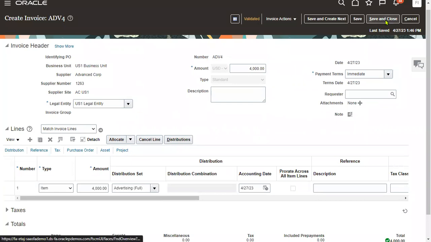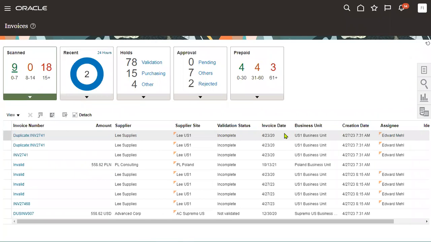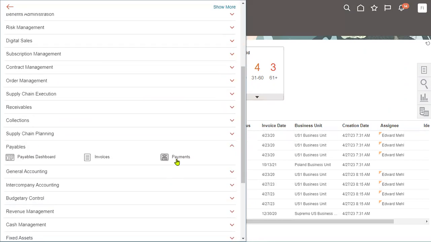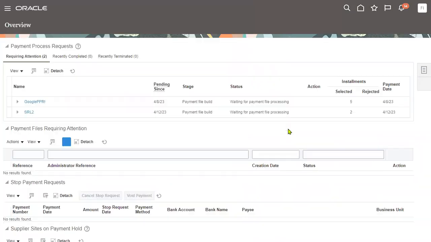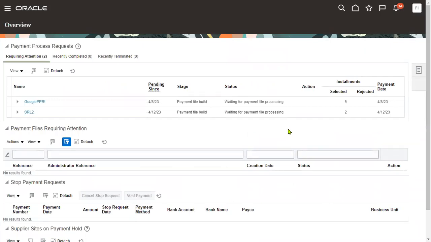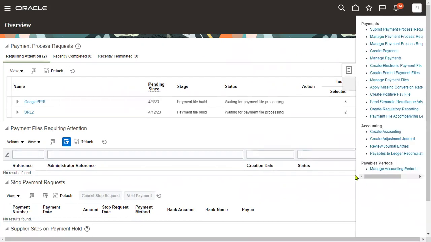Let's go for save and close. Now let's go for work with the payment process request. If you want to distribute a single payment each time, then we can go with the payment option. But if at a time I want to select multiple invoices and distribute the payment, then we are going to use this. Okay. So let's go for